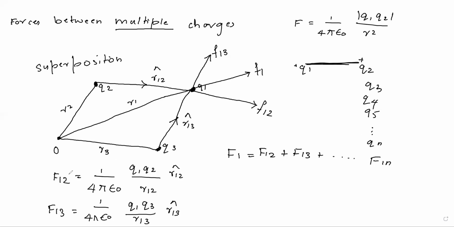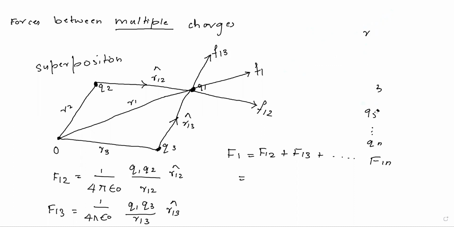So now let us substitute F12 and F13 in this. I'll clear it and write it neatly over here. It might be a little difficult in understanding, but if you concentrate, it's not that difficult. It is just the addition of Coulomb's law considering multiple charges. We just considered Q1, Q2, Q3 till Qn, and we are substituting the same mathematical expression and adding it up. That's it.